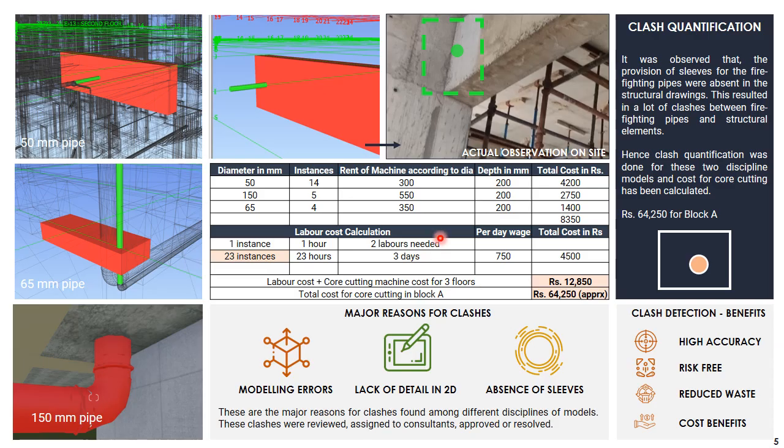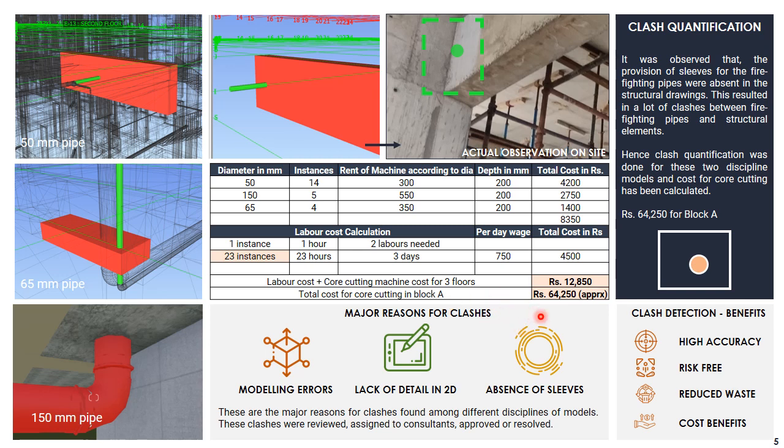This slide is about clash quantification, which is specifically done for the structural model versus the firefighting model. We found some 23 instances of clashes due to lack of provision of sleeves in the structural drawing. After calculating the rework cost, it is found that approximately 64,000 rupees should be spent in rework, that is core